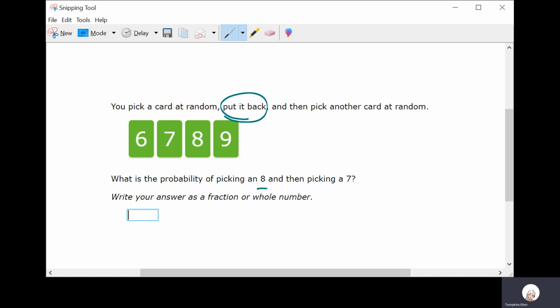The probability of picking an 8, well, there's only one 8, 1 out of 4 times. And then a 7, I've reset my original conditions. 1 out of 4, it's going to be 1 out of 16. All right, so if I go over here,